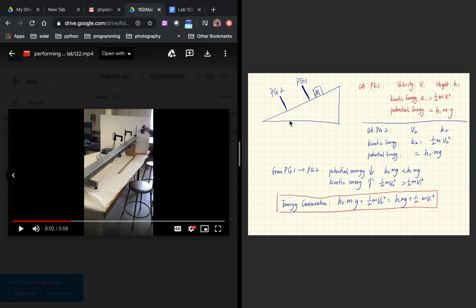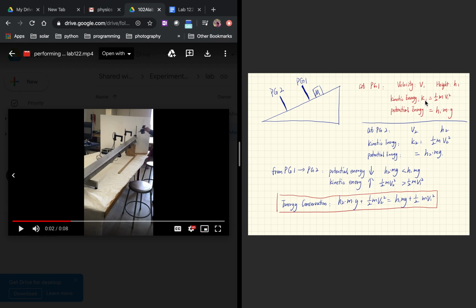And what is the conservation of mechanical energy? The conservation of mechanical energy is that if there is no friction between the glider and the air track, then the kinetic energy plus the potential energy will be a constant number. Okay, so which means